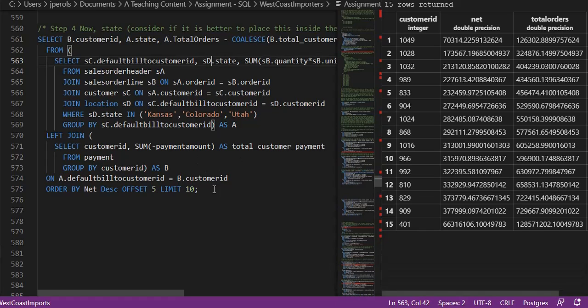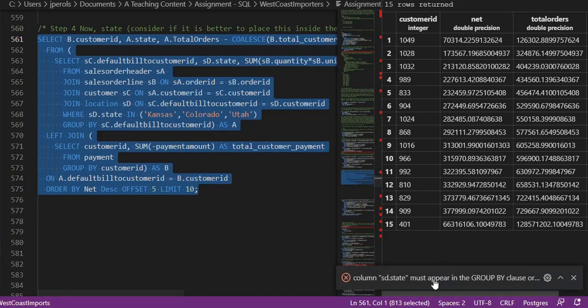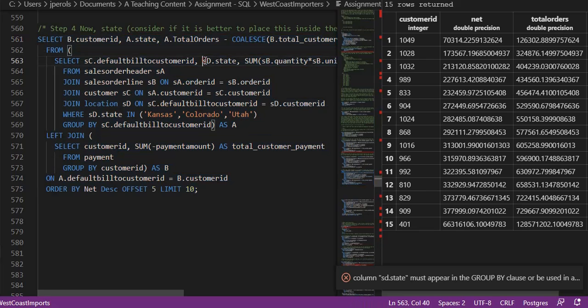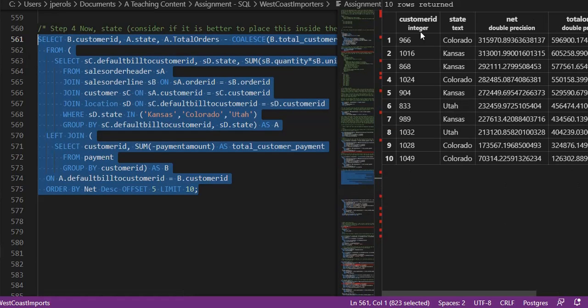And I'm going to get an error message again now, but I'm going to run it so you see the error message here. So it's saying that SD, since this is a group by statement with an aggregate function, either I need to apply an aggregate function to this or I need to group by state. And since each customer is only in one state, it's safe to group by that in addition to the customer ID. I'm not going to create duplicate customer IDs by doing that. So if I run this now, I should be able to get my customer ID, the state, and then what is the net